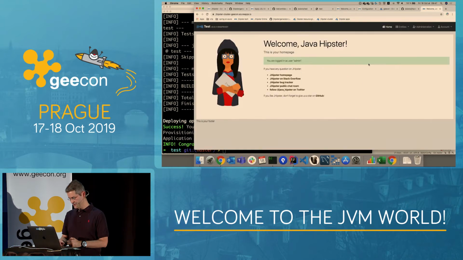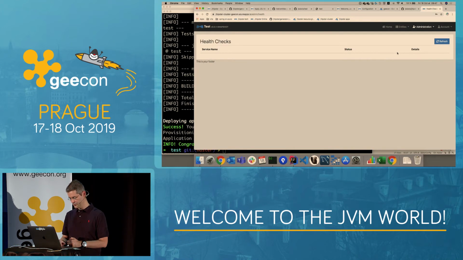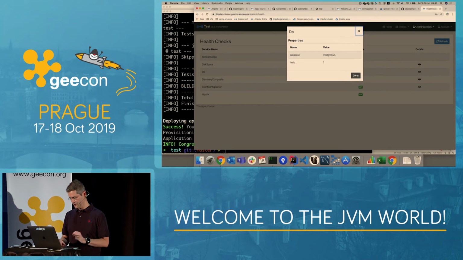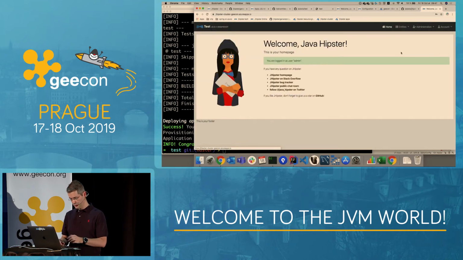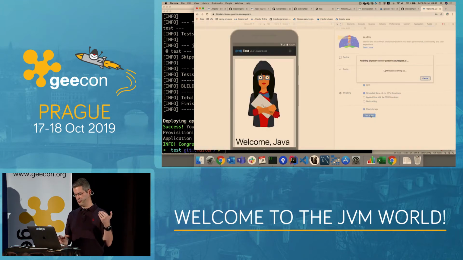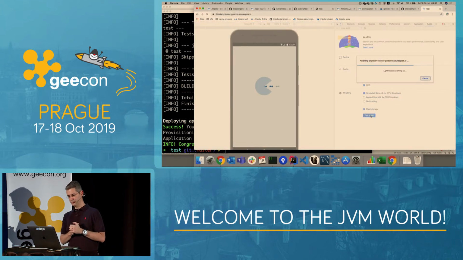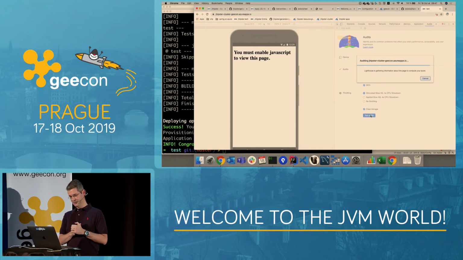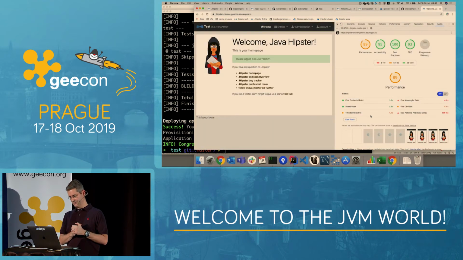We should be using PostgreSQL. We've got a few screens for that on JHipster, so just have a look. Yes, it's PostgreSQL, so it's working. And also, you remember we wanted to have a look at the audit. We had very bad performance in development mode. In production mode, how is it? It should be better. All right. It's much better.